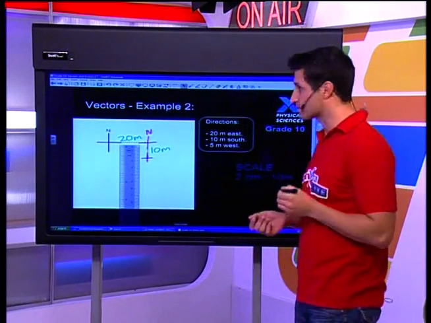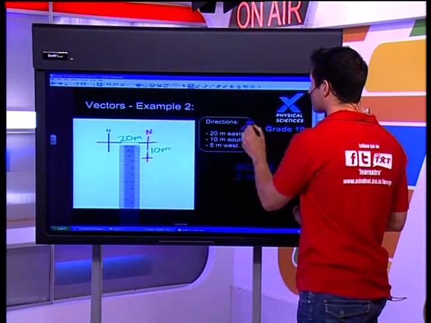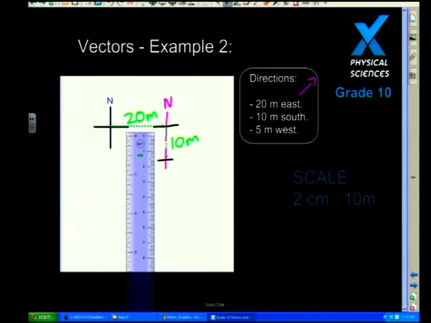So 5 meters. Let's summarize what we were doing in terms of lines. The 20 meters was represented by a 4 centimeter line. 10 meters was represented by a 2 centimeter line. There we go, I hope you can see that. Let's make that a little bit neater because you guys want to read what I'm doing at home. Okay, so now that is a 2 centimeter line. And then the very last one is a 1 centimeter line. So that's what we're looking for.